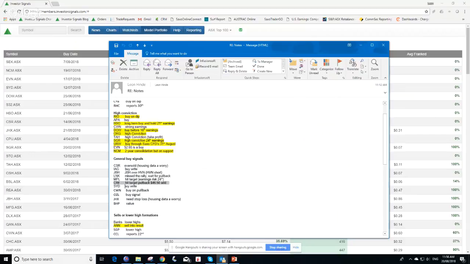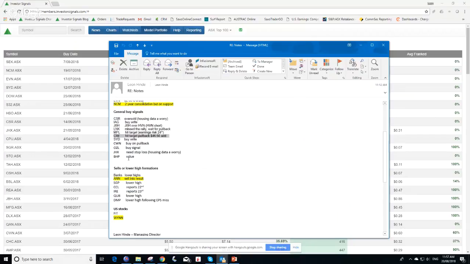Sydney Airport, that's done well, and from originally a $7 buy signal, now trading $7.30. Buying it and selling a covered call, you're delivering 10-12% cash flow. Oz Minerals, some of the James Hardie we'll have a look at, BHP. Then on the sell side, what we'll have a look at shortly is Ansell, its result came out today